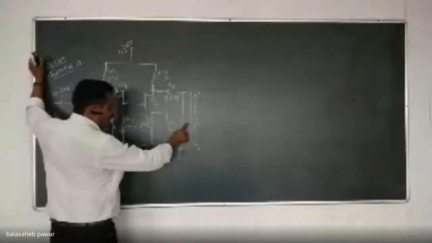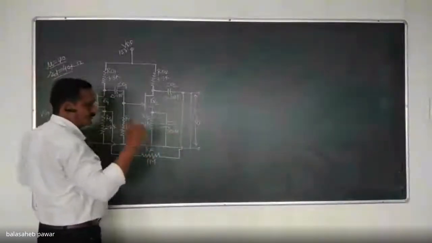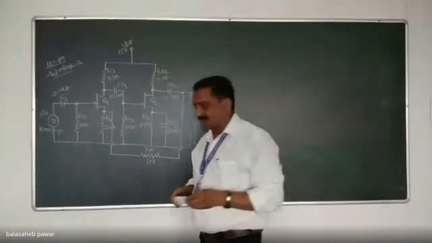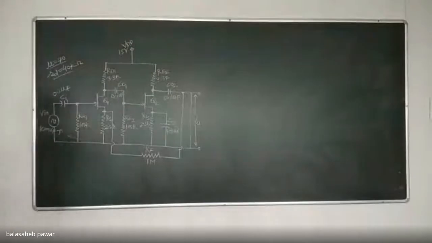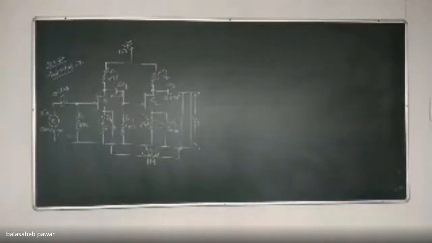By making that output equal to 0, by providing the short circuit, if the feedback signal becomes 0, then it is voltage type of sampling. You just note down those steps, you already wrote them at your end, so just check them. To find out the type of sampling, as per those steps, consider that VO equals 0, or provide the short circuit to the output. By providing a short circuit to the output, if the feedback signal becomes 0, then such type of sampling is known as voltage sampling.